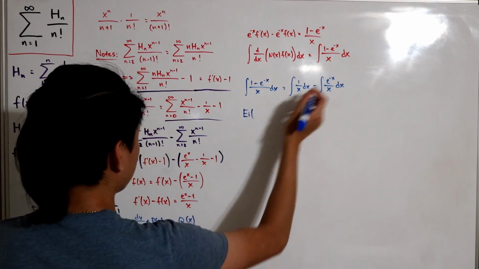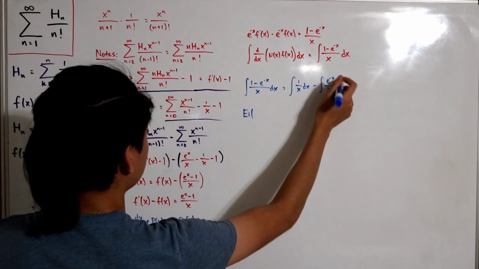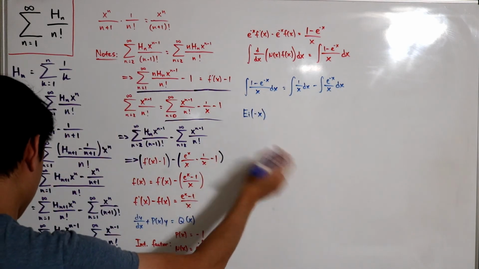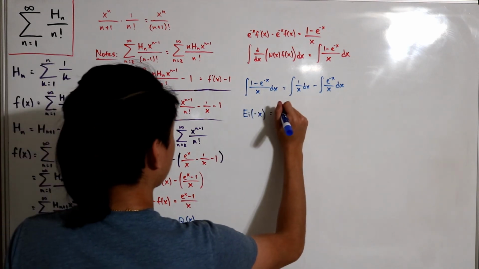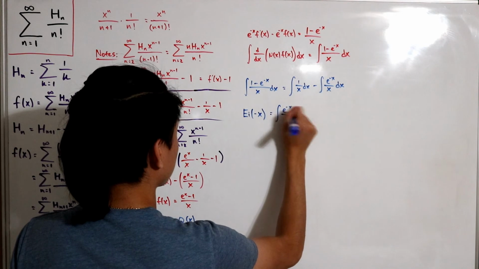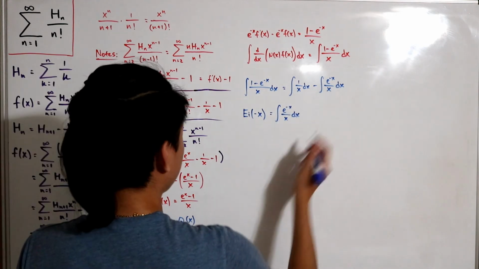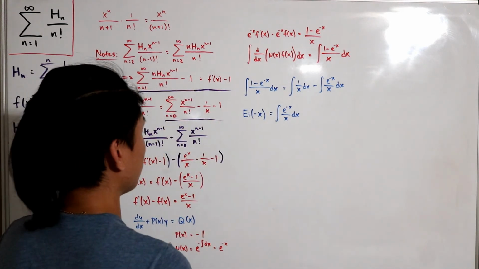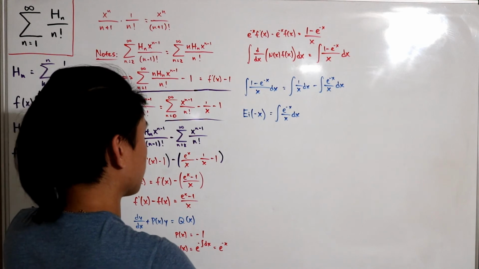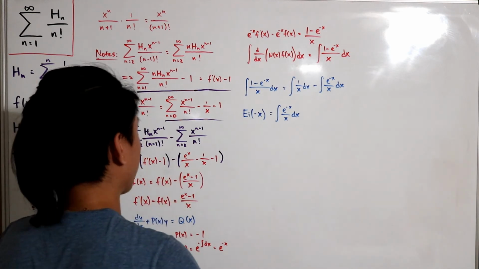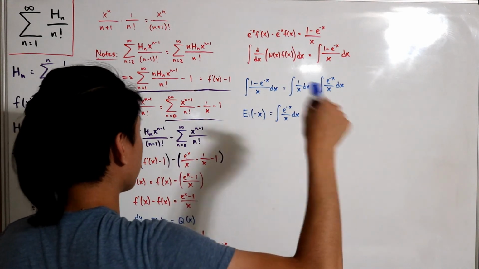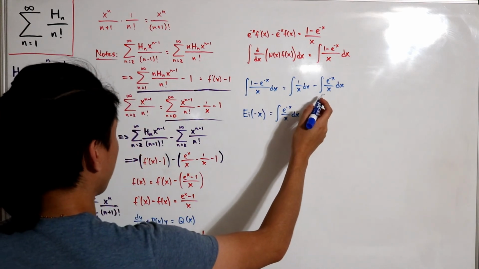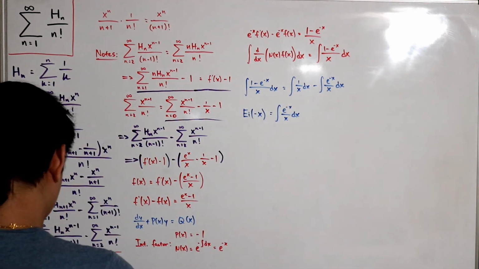So that means, specifically since this is at negative x, Ei of negative x is equal to the indefinite integral of e to the negative x dx. Now, to cancel this integral, I could just take the derivative of both sides. It's almost like thinking in terms of the fundamental theorem of calculus, just to get rid of the integral sign by differentiating that integral. So d over dx